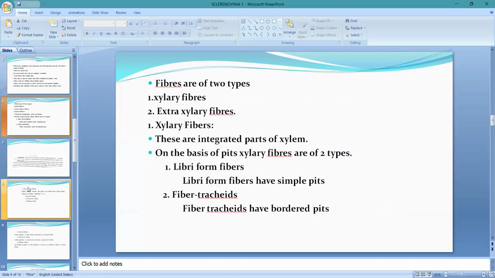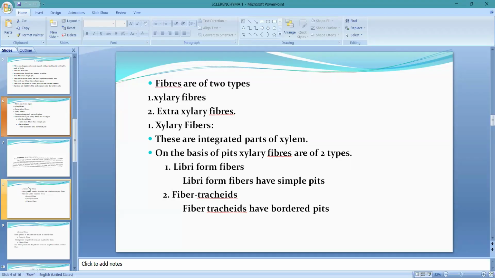Structurally, these fibers are long, narrow, thick, and lignified sclerenchyma cells, usually with pointed or blunt ends. The degree of lignification varies in different types of fibers. Sometimes their walls are made up of cellulose instead of lignin. Examples are Linum and Cannabis, and still others have gelatinous thickenings. In the transverse section, the fibers appear rounded or polygonal in outline with a well-defined lumen.